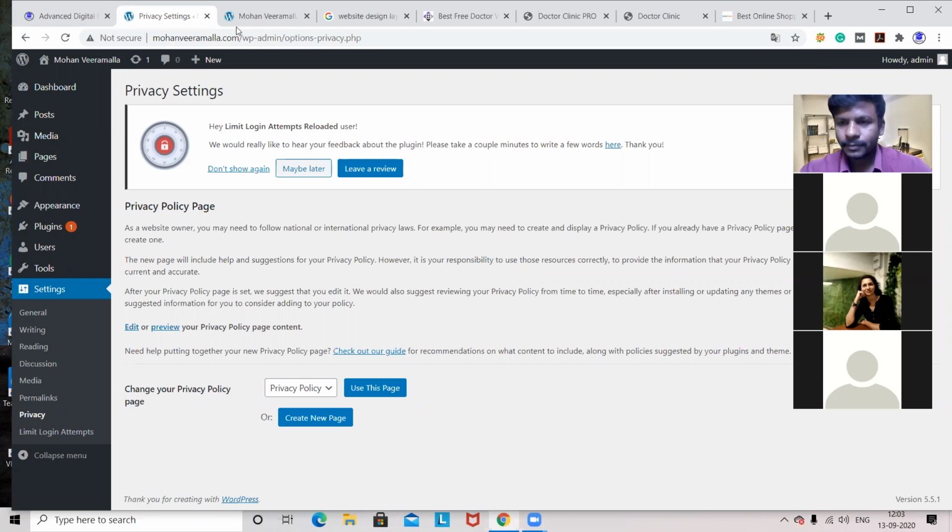The question is related to plugins. If I want to add one form, we can add it from a plugin, right? Yes. I want to add one form where I want to enroll the names for my course.